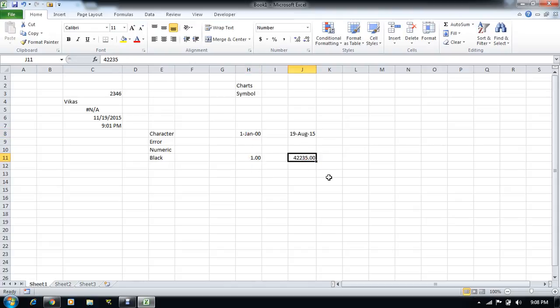You can see here it is 42,235. Now let me add 2 here, and if I want to see this 2 as a date, what will it become? It will become 2nd Jan 1900.